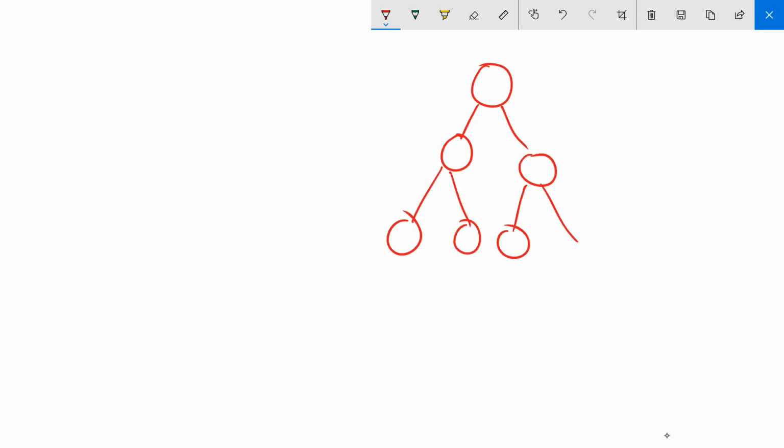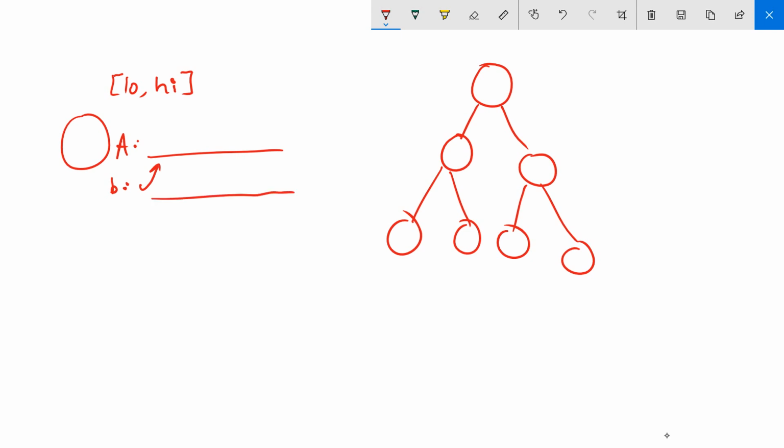So in a wavelet tree, you have a binary tree which has nodes. If I talk about any node, what does it contain? It contains three things. It has an interval, it has an array A of elements, and it has another array B, which is computed on this array. So this node has some array A, which contains the elements.